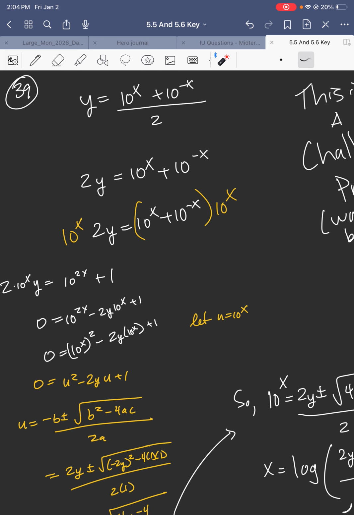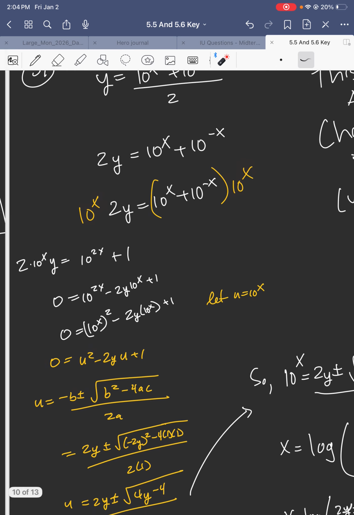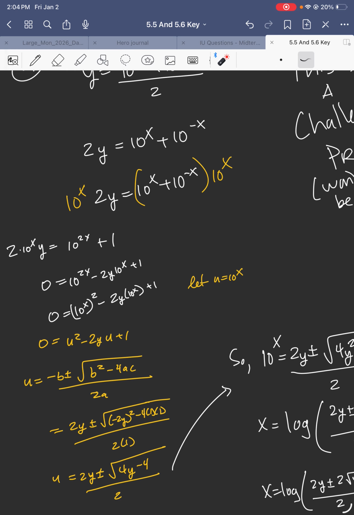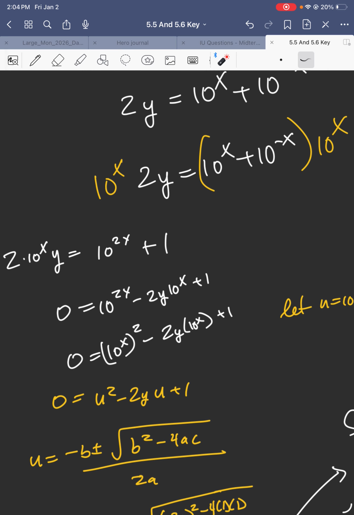So one thing we do is, well, I don't like this 2 in the bottom, so I multiply both sides by 2. So I'm trying to solve for x. Well, what could I do? I don't like this negative exponent, so I'm going to multiply both sides by 10 to the x. And when I do, notice what happens. I end up getting,